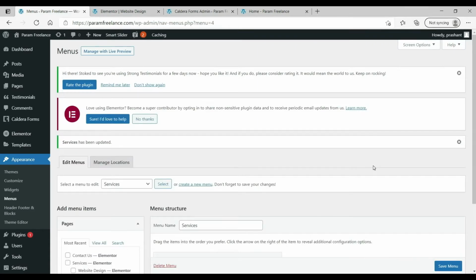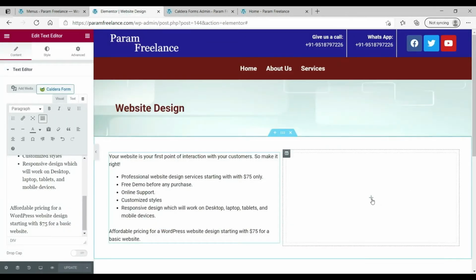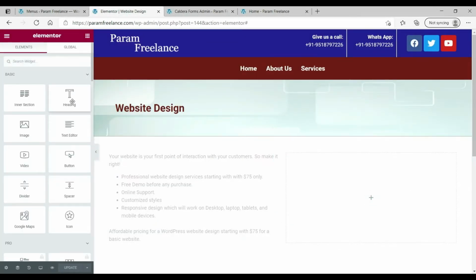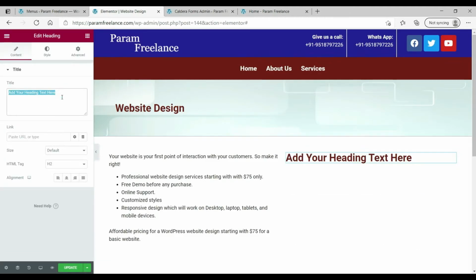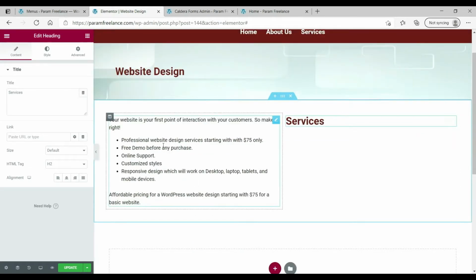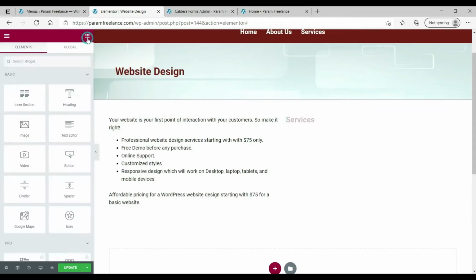So now we have got a new menu that will be the services menu, and it will be shown on the services page. So let's go back to the services, click on the plus sign. First we will get the heading, that will be services. Okay, let's change it to the smaller font, and now go back to this icon, and now we are going to add menu.